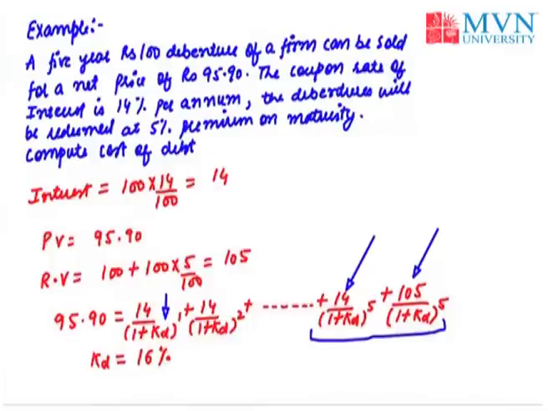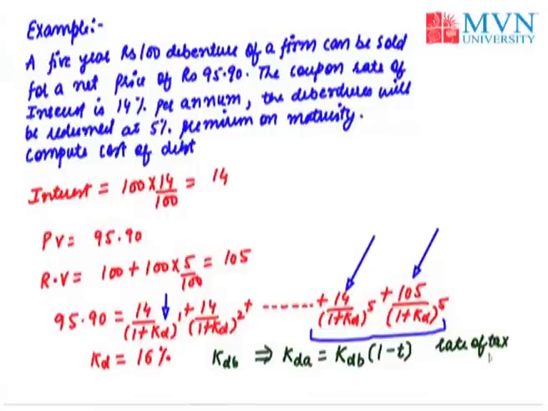Once you have calculated the cost of debt before tax, you can easily calculate the cost of debt after tax by using the cost of debt before tax. So the formula is kd before tax multiplied by (1 minus T), same as in the case of perpetual debt. Suppose the rate of tax in this question has been given as 35%, then the after-tax cost of debt would be 16, that is cost of debt before tax, multiplied by (1 minus the tax rate), that is 35%, and this will give you a value of